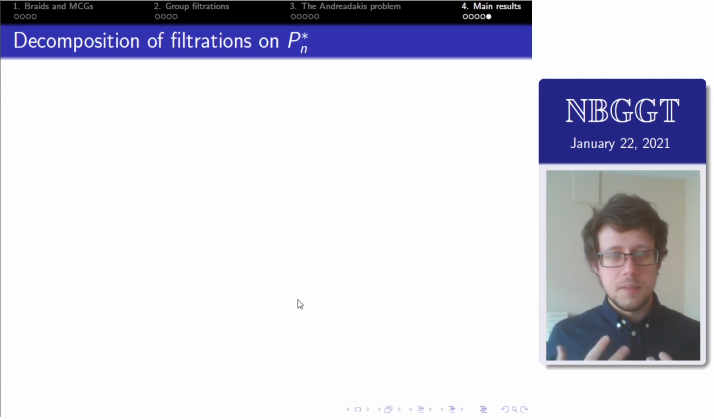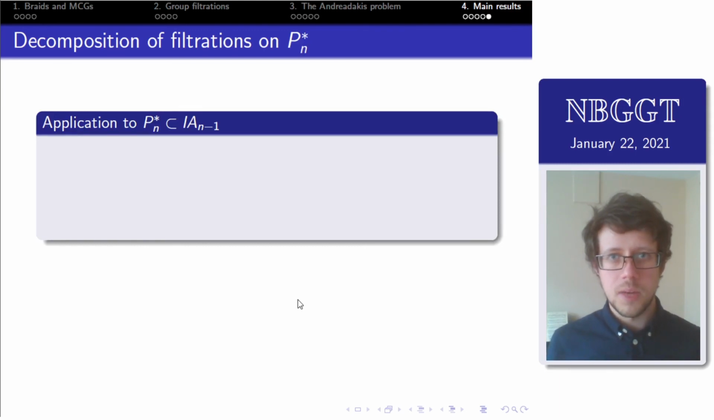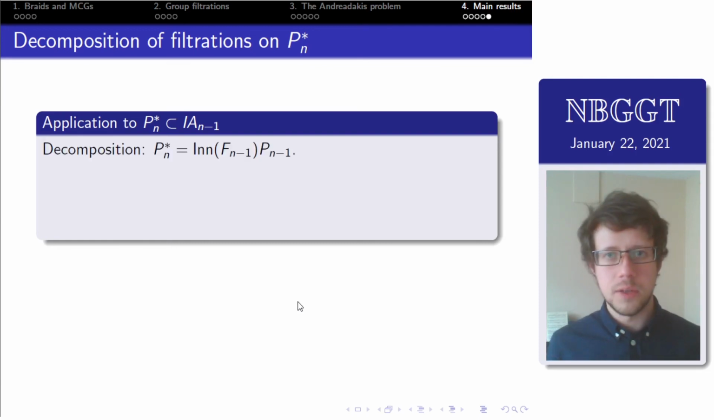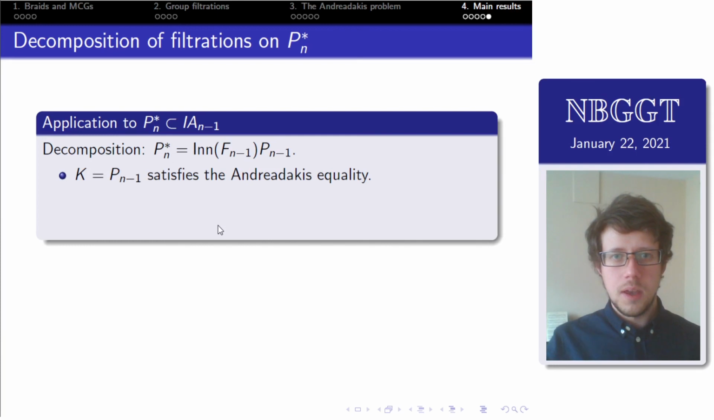And so let me end by applying this theorem to Pn star. So we have Pn star, we identify it as a subgroup of IAn-1 via the Out-In action. And we have just seen this decomposition as the product of the pure braid group on n-1 generators with inner automorphisms. So we need to check the hypotheses of the previous theorem. So we know that the Andreadakis equality is true for pure braids. This was the theorem that I quoted earlier,